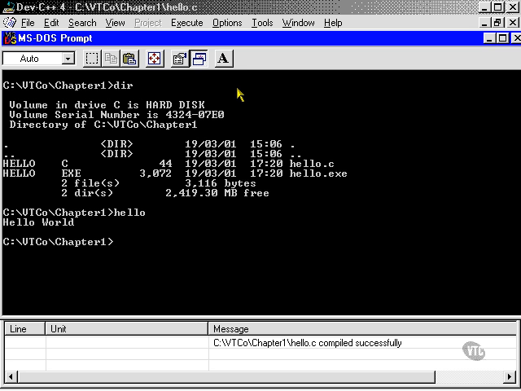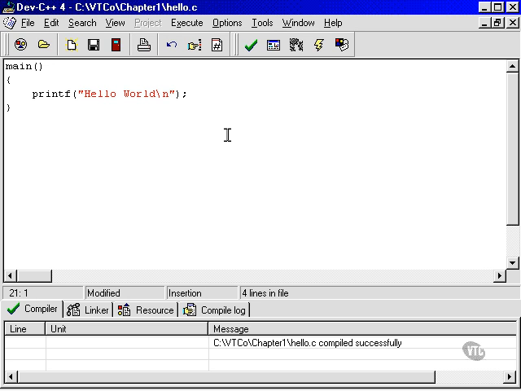You will recall that the program started and flashed up just for a millisecond and then disappeared again. Is there a way to make it stay on the screen so that we can see what the results of the program were? Yes, there is a way to do that. Let's do that now. Back in our editor, we simply add a line of text to our program. We add another statement to our program as follows. getchar();